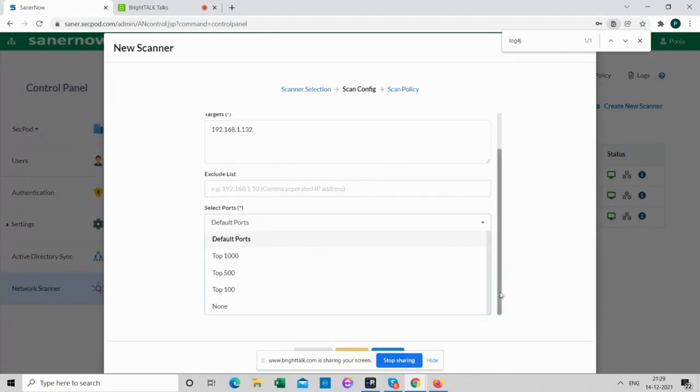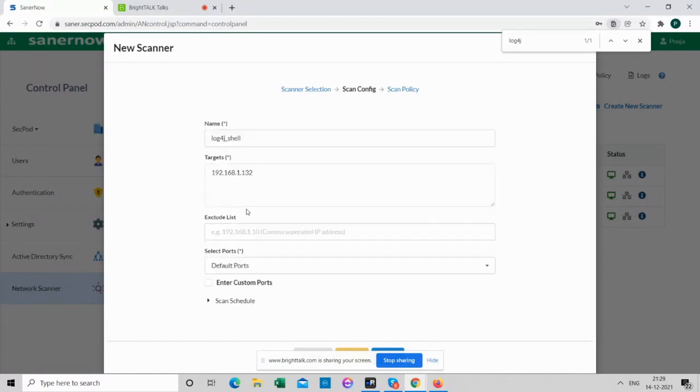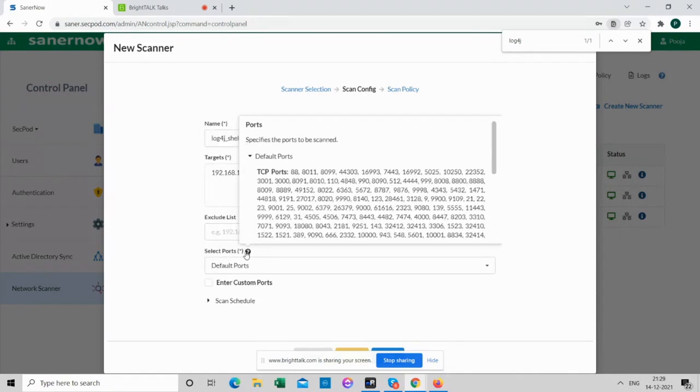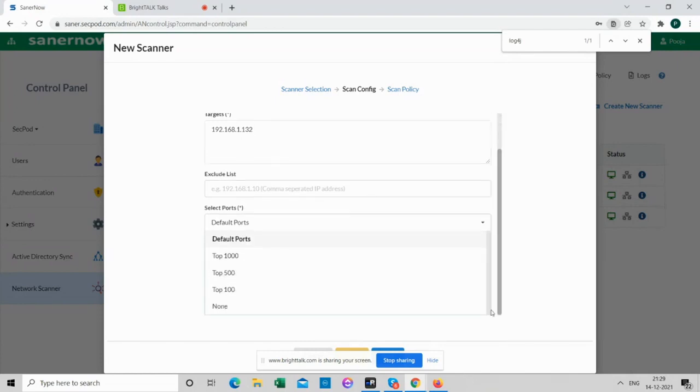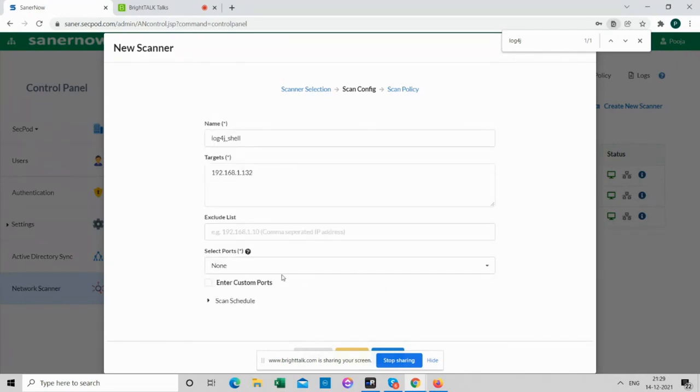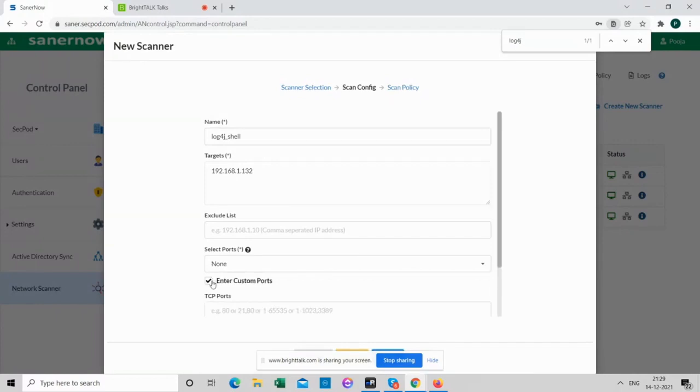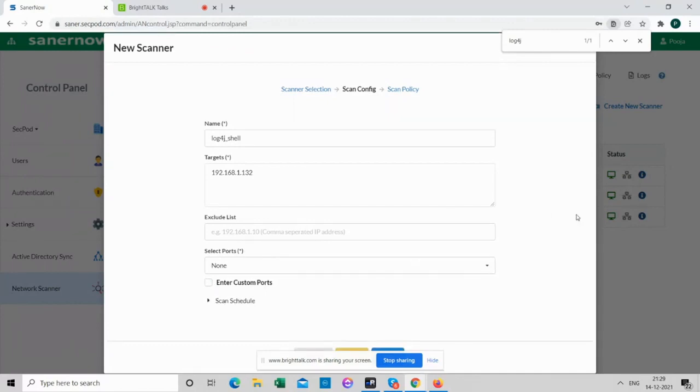So based on the vulnerability, you can choose which ports you want to select. If you want details, you can always click on the question mark and it would provide additional information. Apart from that, you can also choose none here and enter a custom port. If you know 8080 is the port it's going to be listening on, you can update that as well. I would be choosing default ports.